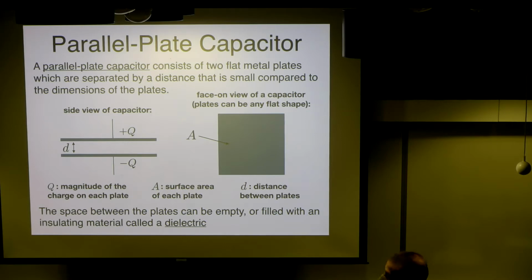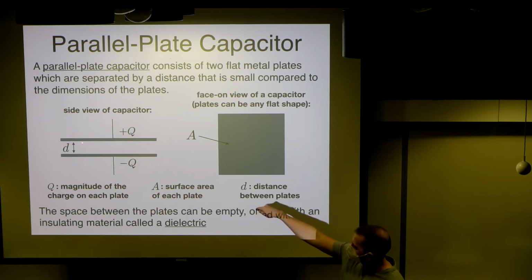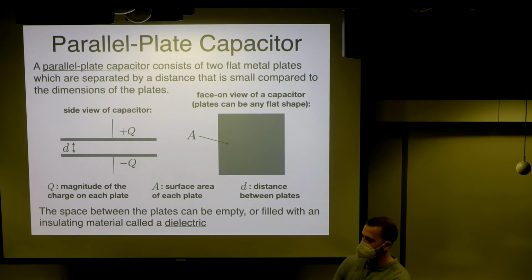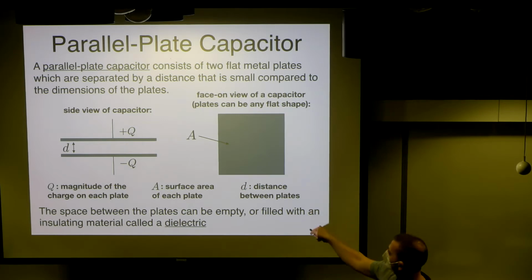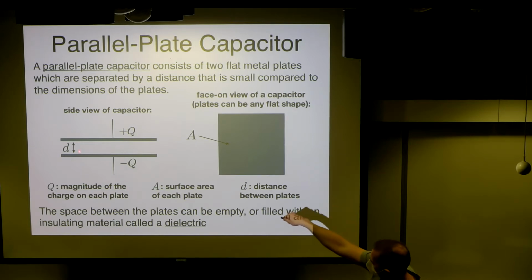We have two parallel plates. So we have two flat metal plates, and they're separated by some distance. Now, in order for this to work in the way we want it to work, the distance that we separate the two plates by is pretty small compared to the actual size of those plates, right? So let's say I have square plates like this, right? What we're saying is the length of the plate on either side is very, very large compared to the separation